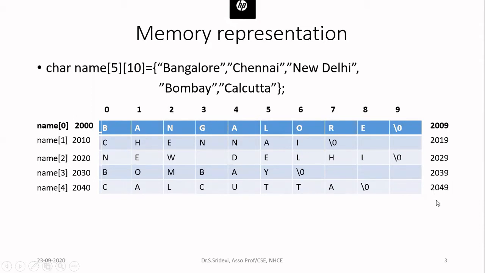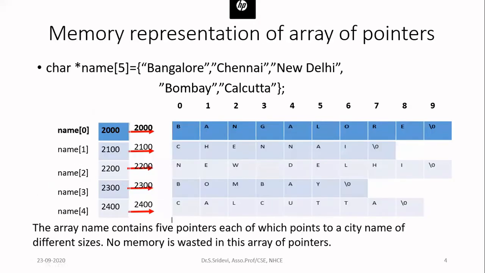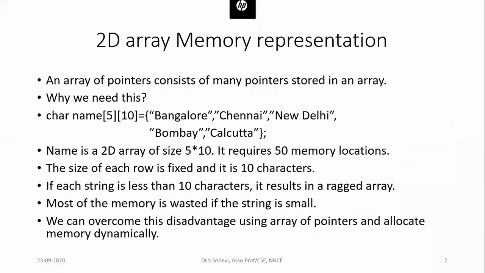Now let us go for the efficient representation of this array in the memory. Now, instead of representing that as a two-dimensional array by means of static memory allocation, if I go for dynamic memory allocation along with array of pointers, I can reduce the memory requirement. So how is it possible? Let us see this. Now we are going to create array of pointers. So what is the size of the array of pointers? That is nothing but how many rows you have in your 2D array, that will be the size of the array of pointers.